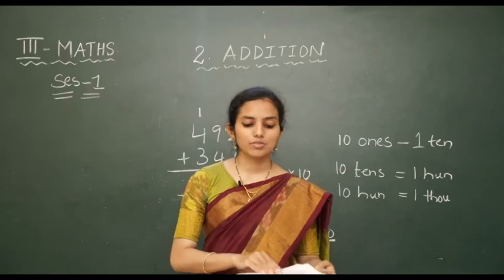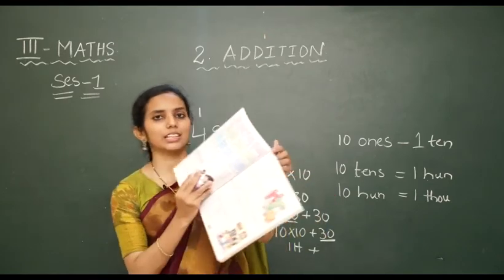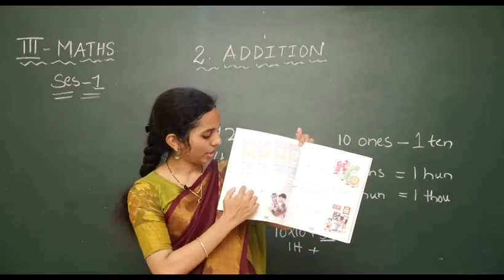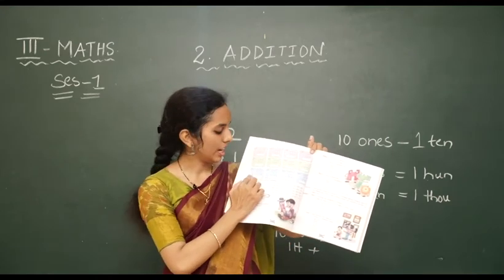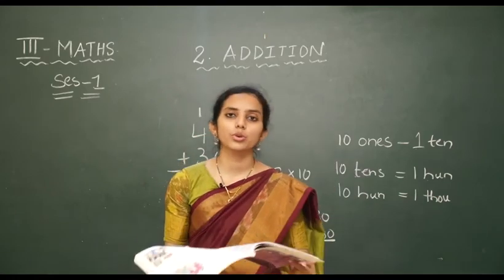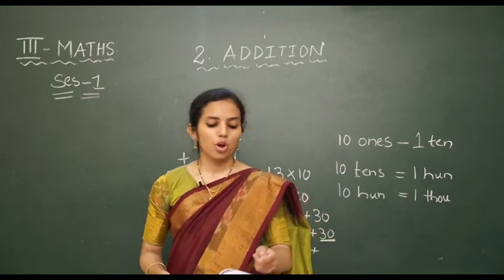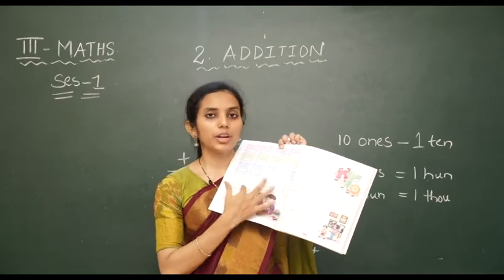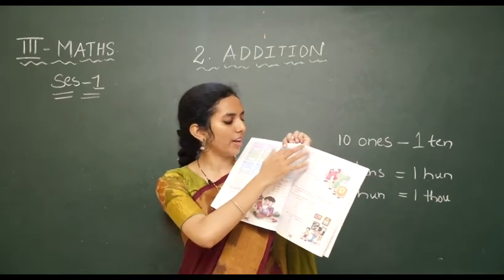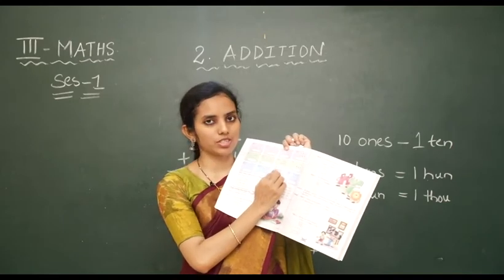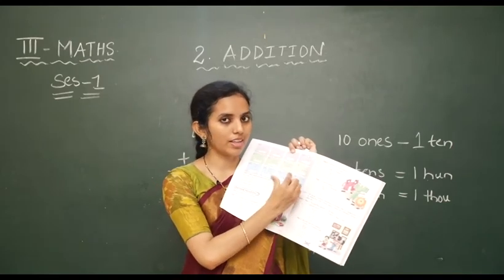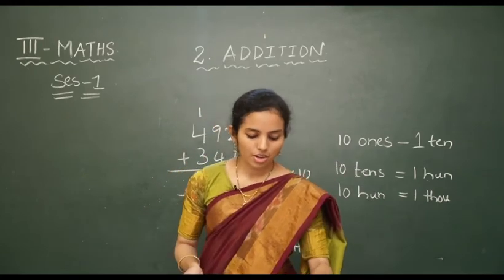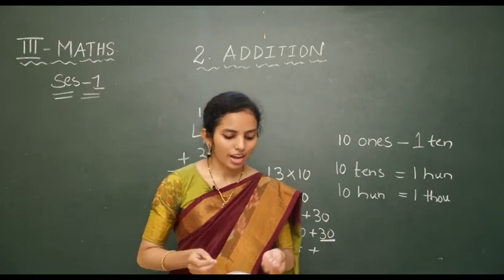Wherever you are given boxes like this, you can fill in the sum with a pencil. Wherever you are given these types of questions, it is clearly mentioned that you have to do those problems in your notebook. Whatever problems are given without boxes, please do them in your notebooks, and wherever we have empty boxes, the slot given to write the answer, just write it with a pencil in the textbook itself. Now, regrouping of tens and ones.